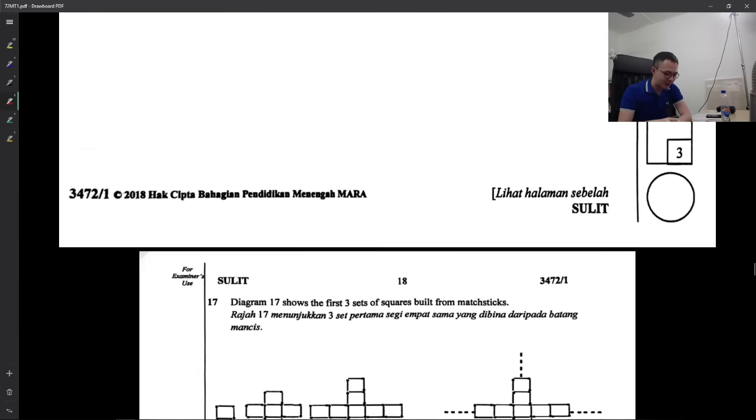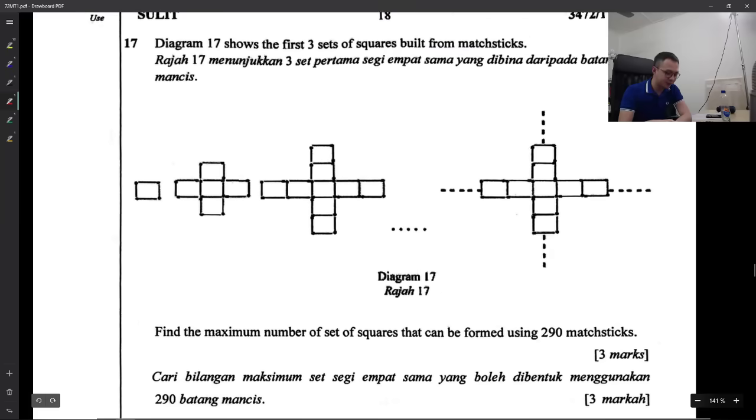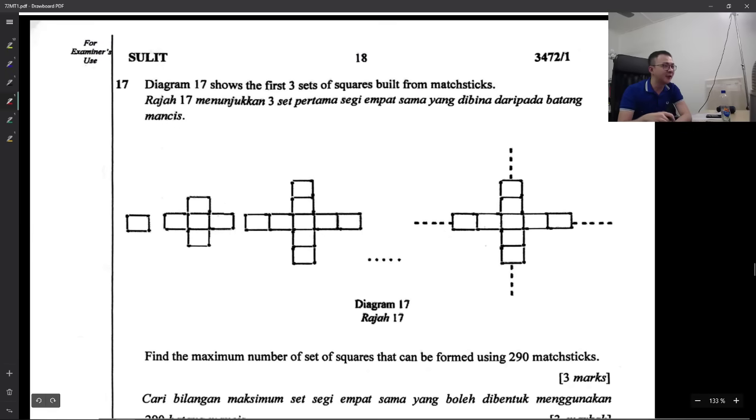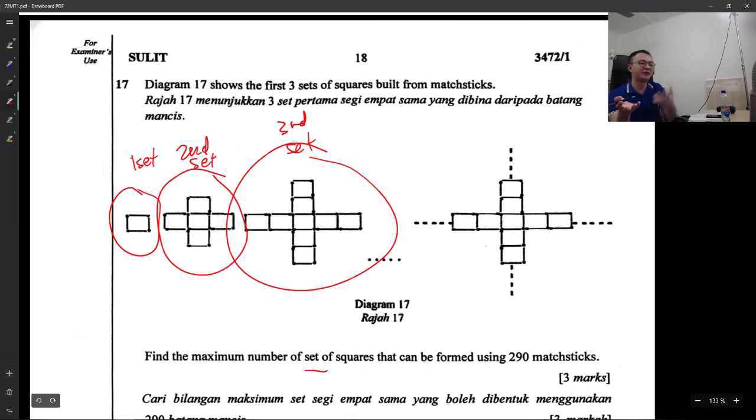So let me move on to another question. Diagram 17 shows the first 3 sets of squares built from matchsticks. Find the maximum number of sets of squares. This set plays a very important role here, because this one we call one set, this one the second set, and this one the third set. So they want to know how many sets you should have for